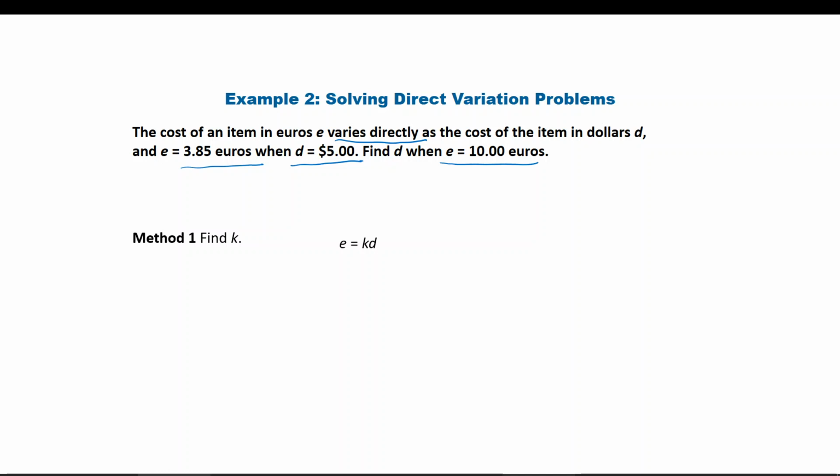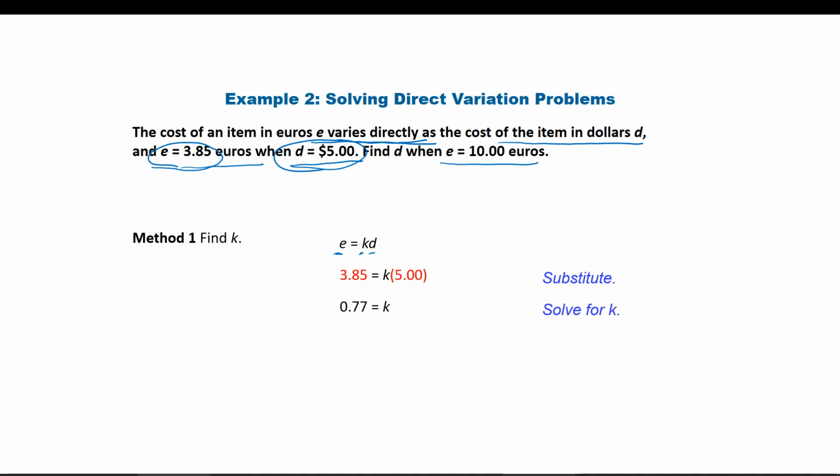So what we're going to do is write E equals K times D, because it says E varies directly as the cost of the item in dollars. All right, so there's the first thing we have to do. And so we would substitute now what we know. We know that the cost of E is 3.85, and D is $5. So if we just substitute those in and divide and solve for K, we get